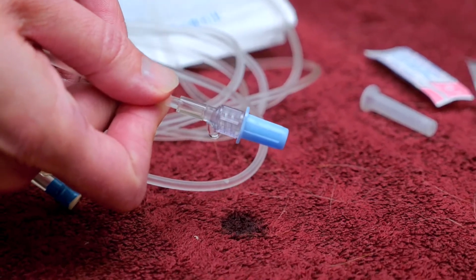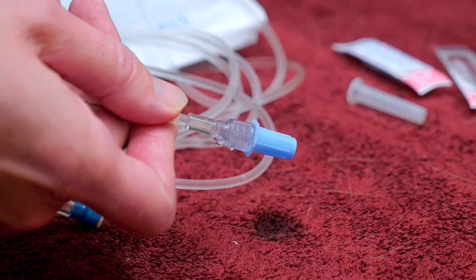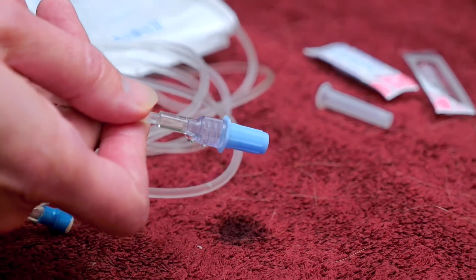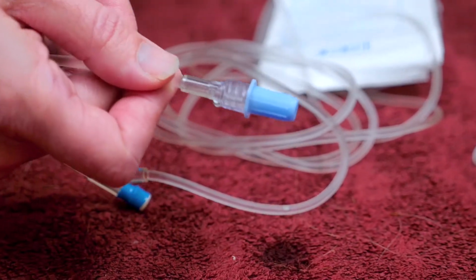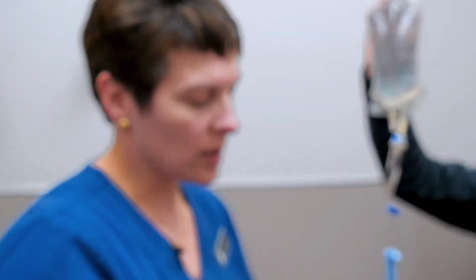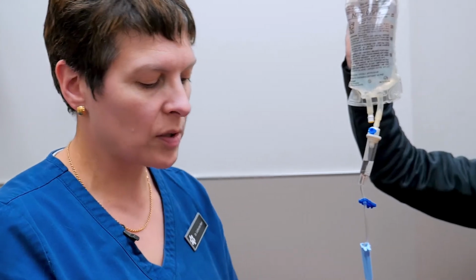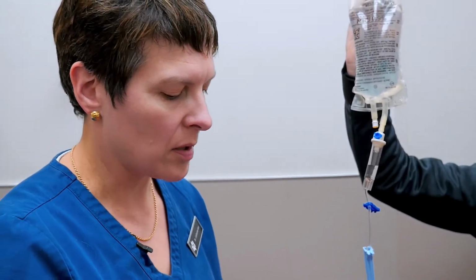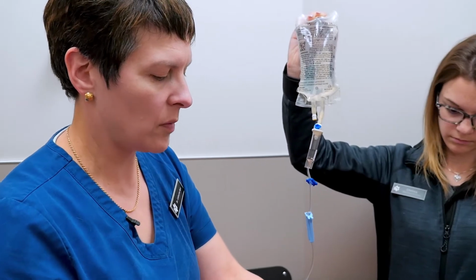The reason we want to run all that water through first is to make sure that we don't inject air. I know there's a lot of information and concern about putting air into a body. The biggest concern is if that's put into a blood vessel. Putting it under the skin is not typically a huge concern, but we absolutely don't want to do more of it than necessary. So we want to make sure that that line is run through completely before we actually administer